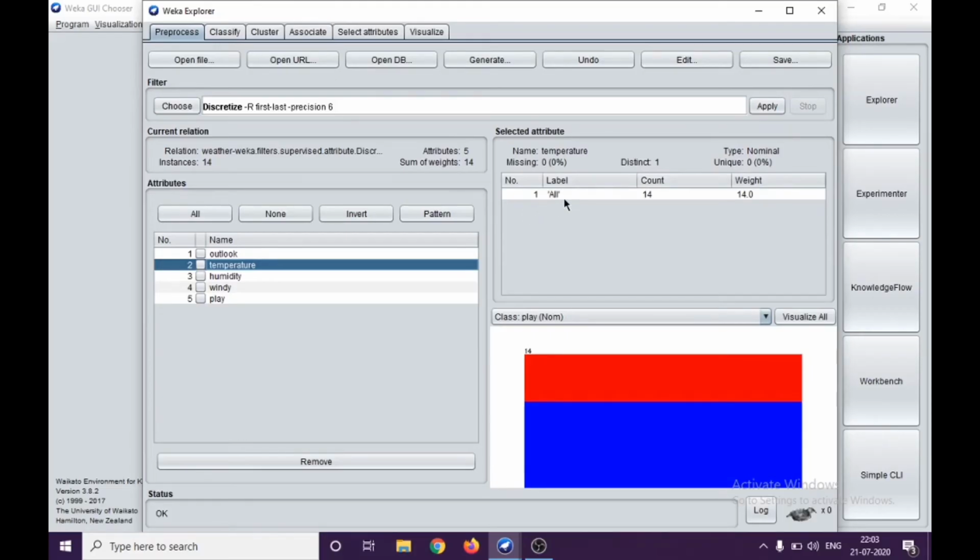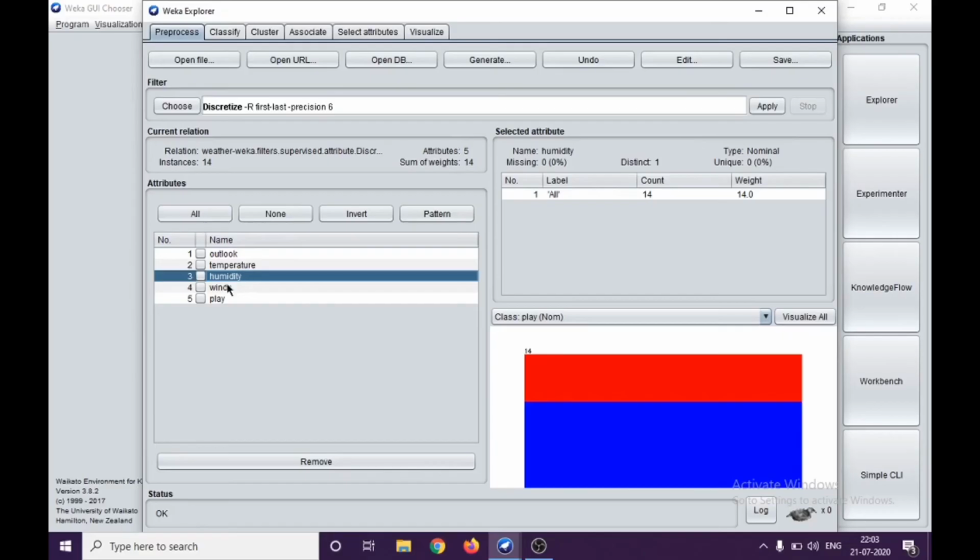I have all as the label and count as 14, and I have converted this into a nominal type. Similarly, humidity, as you can see here, has one distinct value and is nominal. This is how we convert numeric values into nominal values by applying discretization.